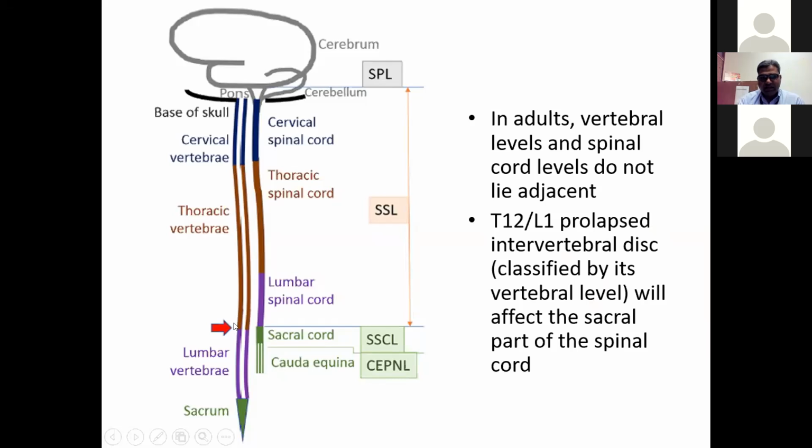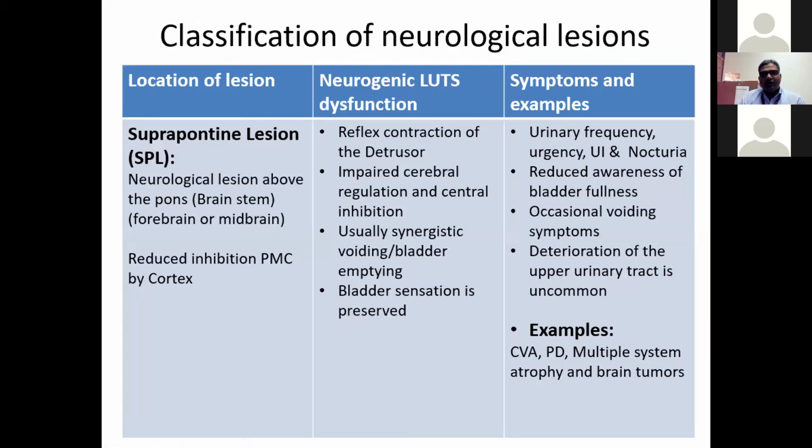So if a lesion lies at this level of the thorax, at this level of the vertebra, that is, if there is, for example, a T12 L1 prolapse of intervertebral disc, then it will not affect the T12 or L1 level of the spinal cord. Rather, it will affect the sacral part of the spinal cord. So the next few slides will talk about the location of lesion with associated neurogenic lower urinary tract dysfunction, and what symptoms and signs the patient would exhibit, and a few examples of those